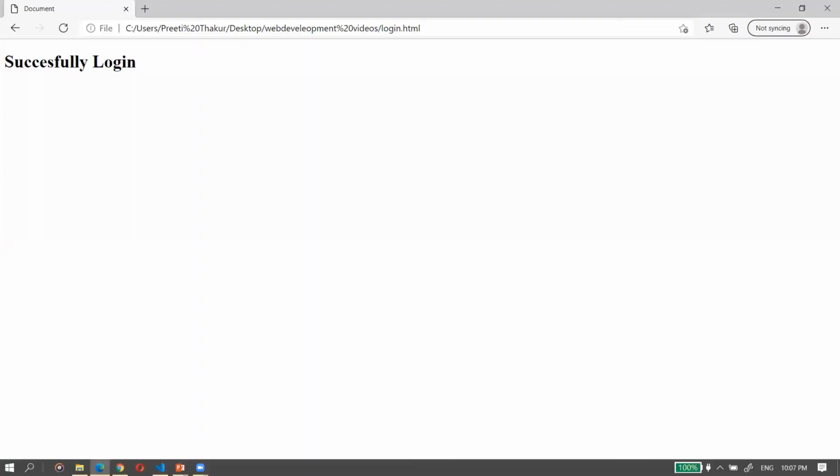Underscore can be there. So according to the rule, I have given the password. Now let's see what happened. So now successfully log in. So that is the way you can validate your login form. I hope it will help you out. You can also validate your login form, and if you want some other kind of rules for the password, you can make those rules as well.